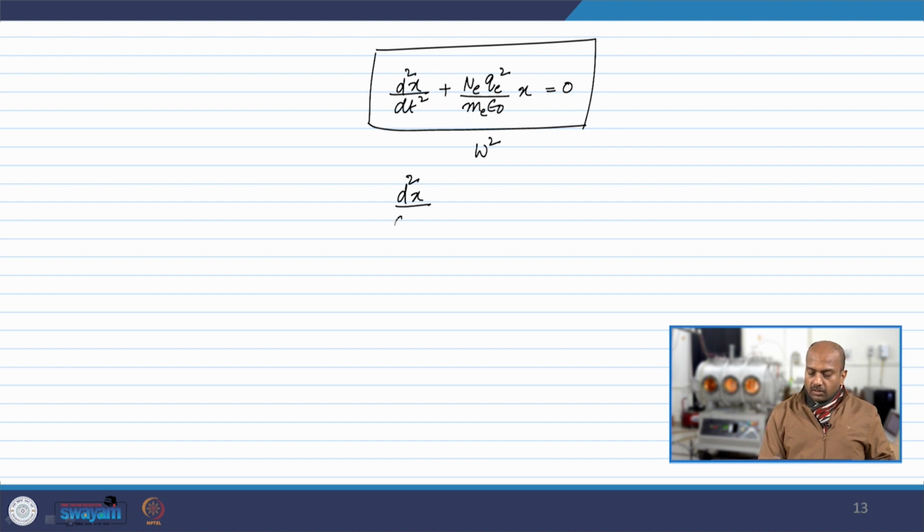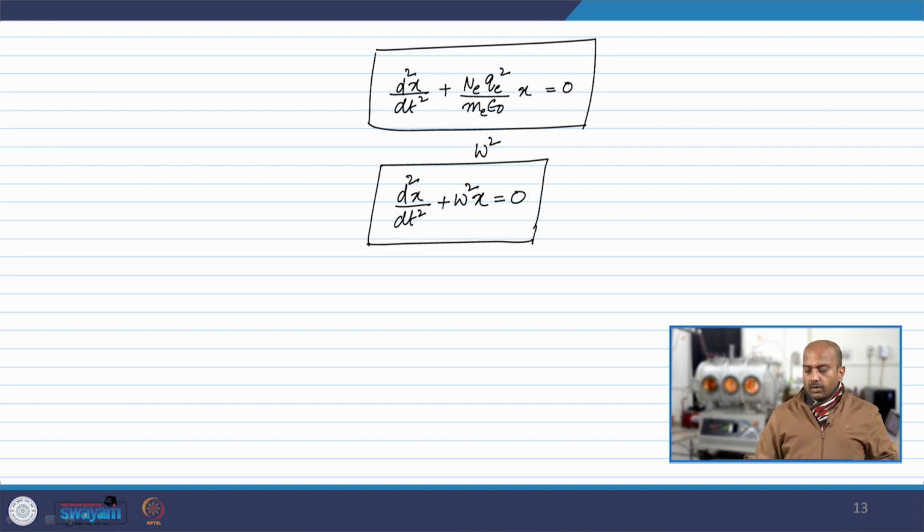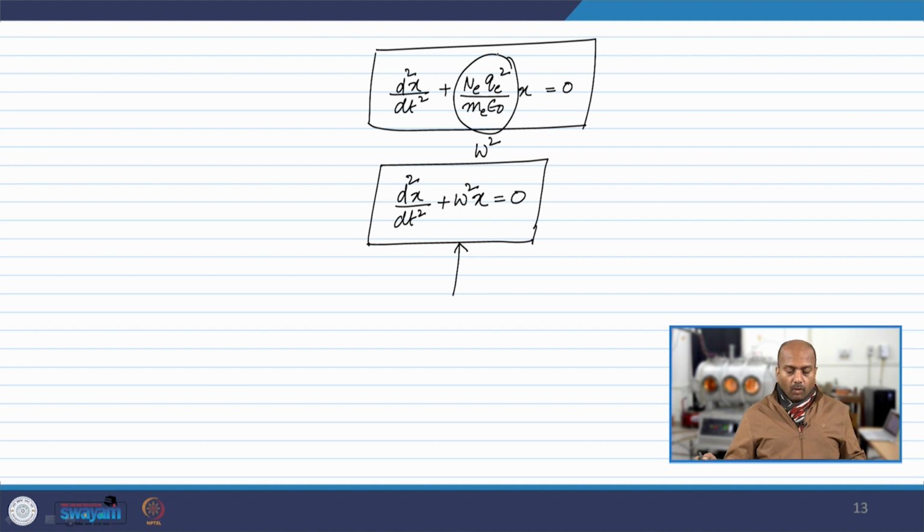So, always remember this expression: d²x/dt² + ω²x = 0. This equation represents simple harmonic motion with a characteristic frequency ω. Or what I am trying to say is, whatever appears multiplying x is in the dimensions of ω². So, we can write ω², with a suffix p to indicate plasma, ωp² is